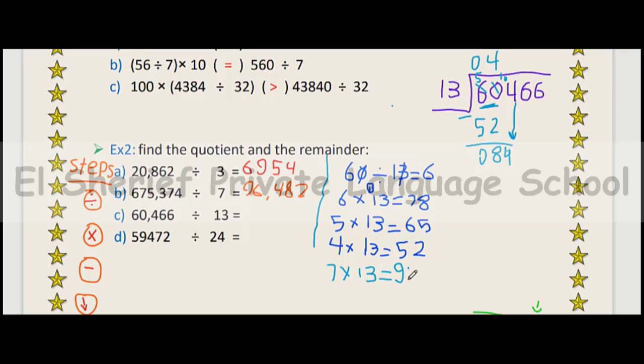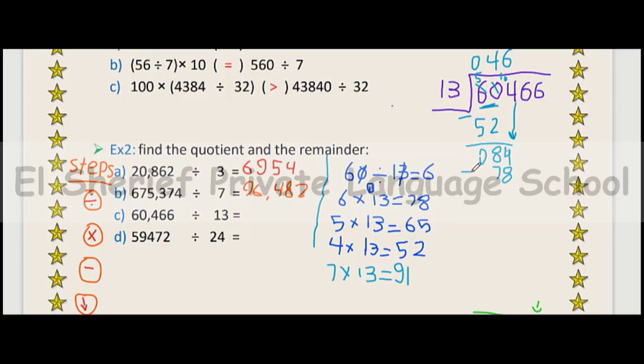We will choose 6, because 6 is the nearest number to 84 and less than it, so write 6 in the quotient. What we did is divide. 84 divided 13 equal the nearest number 6, because 6 gives me 78. Okay, then multiply 6 times 13 equal 78,